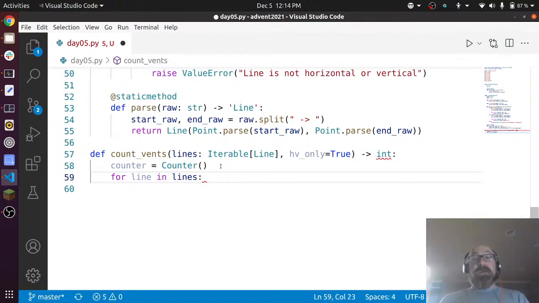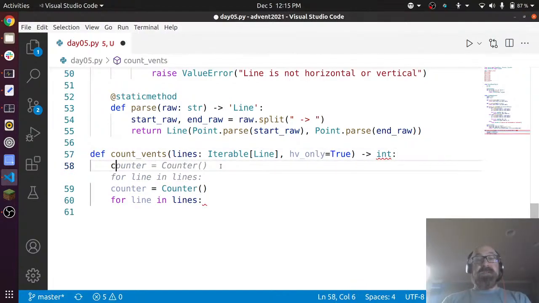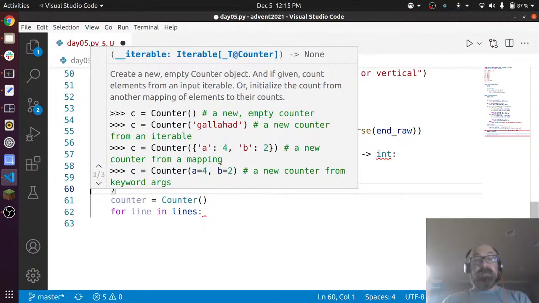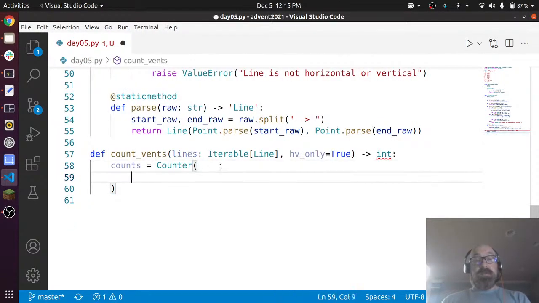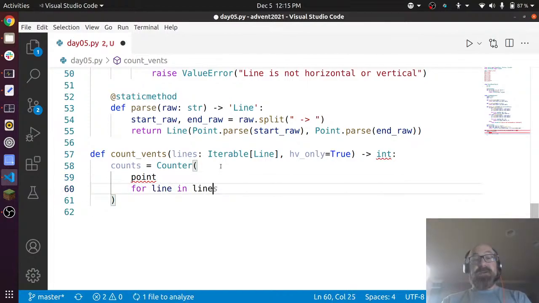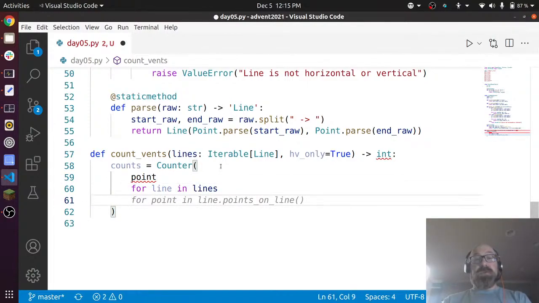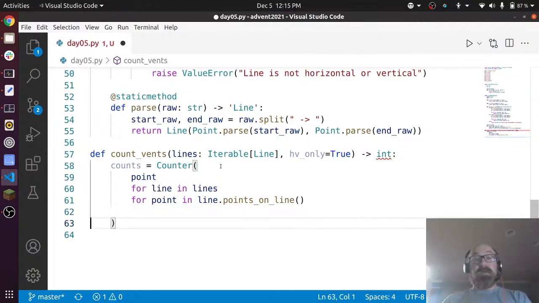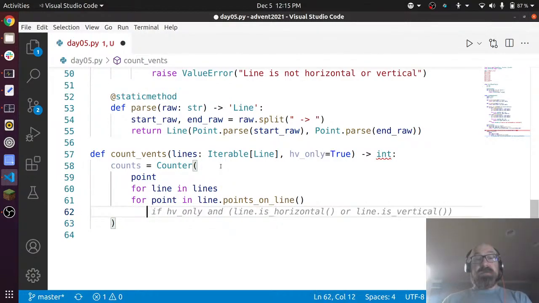For line in lines, or let's say count equals counter of point, that's right. For line and lines, that's right too. For point in line, points on line. And so